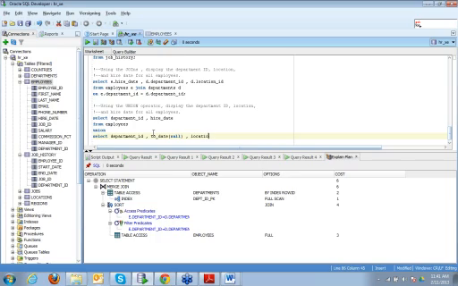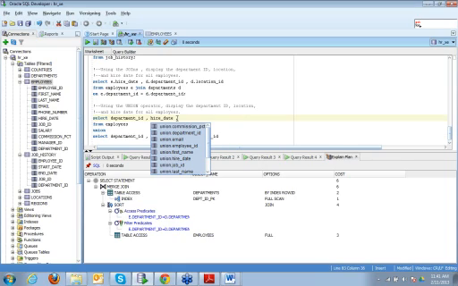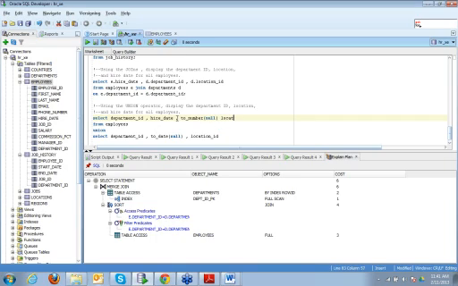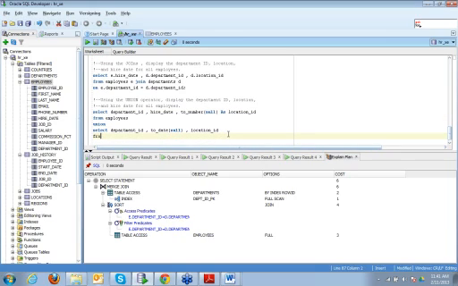Then we have location ID, and here we need to add a dummy column. So location ID is a number value, so to number null, and we can give an alias location ID. You can write here from departments.